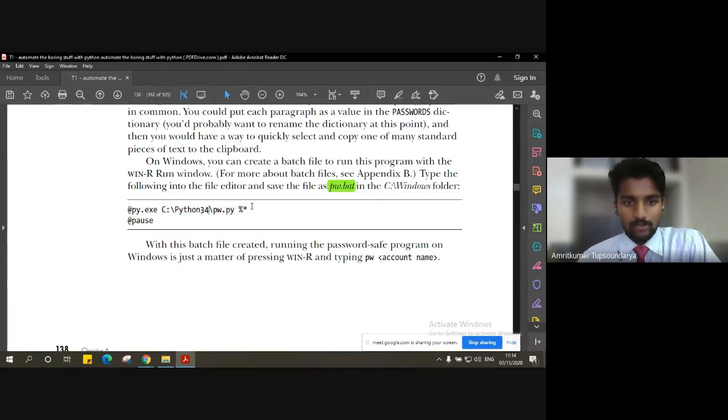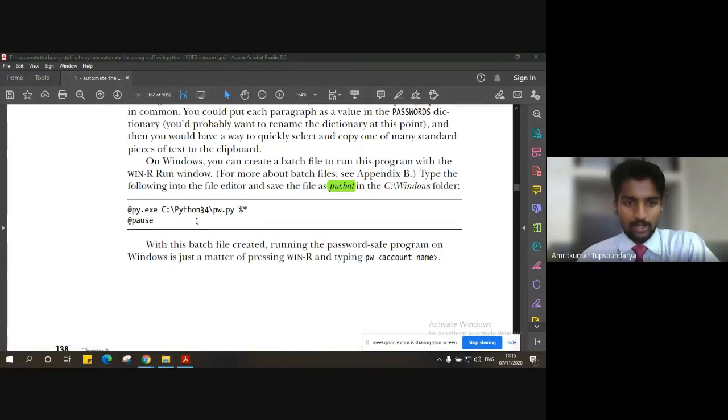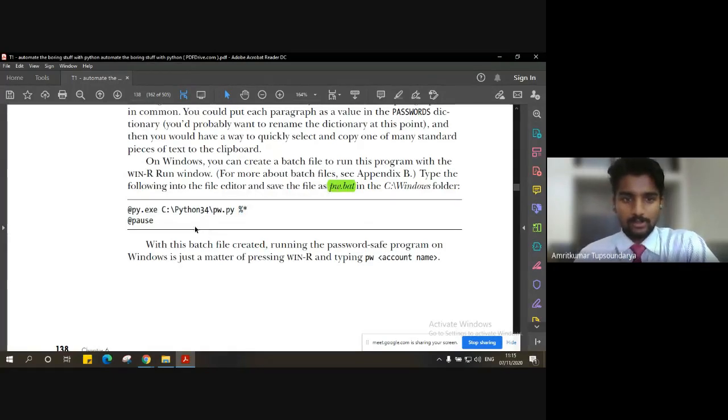So this is the meaning of this instruction, and this percent asterisk means that it is ready to execute on the Windows R platform also. For example, how we press Windows R, right? We press Windows R like this to make some instructions run on it, for example, command prompt or any services that you want to execute. So on Windows Run, you can execute this program directly if you have these characters here.